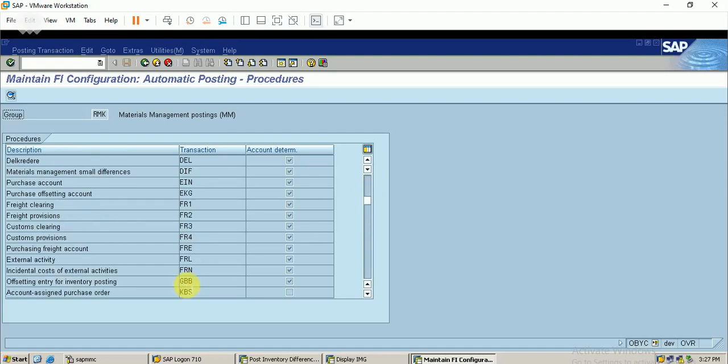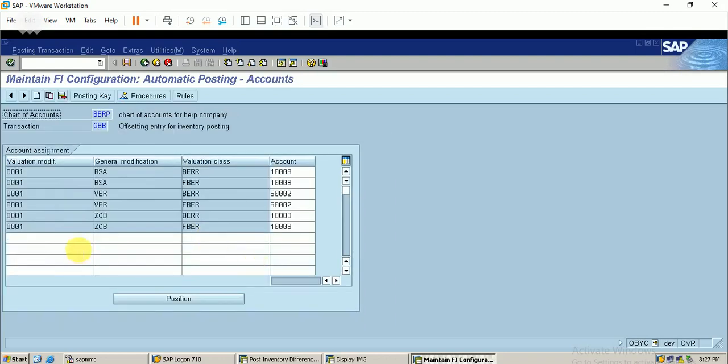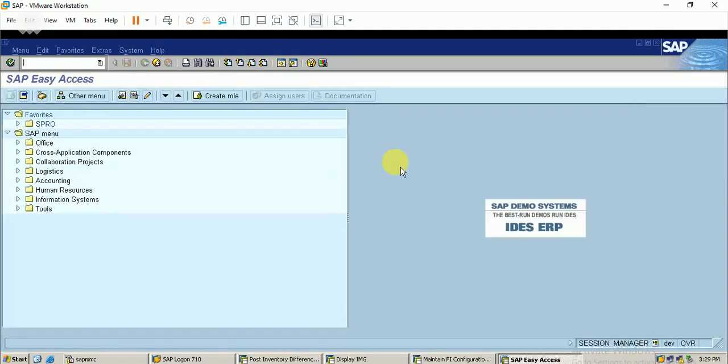The chart of accounts, I enter the chart of accounts. So here, this is my valuation modification. The general modification is INV. The valuation class of the material is BER. So the account, this I need to link an account. I just go to the new tab. So the physical inventory differences account, I just go to the